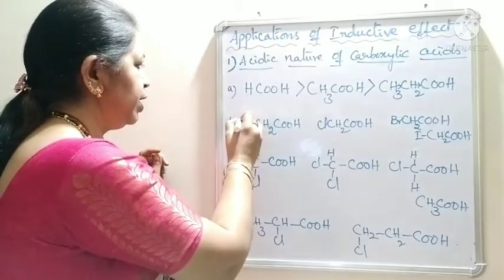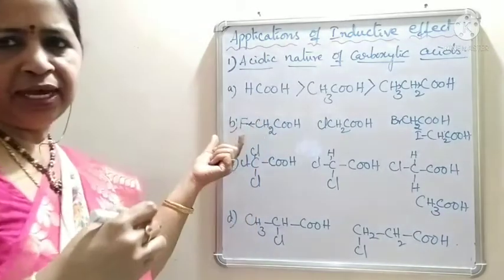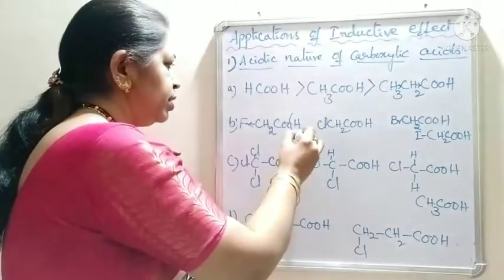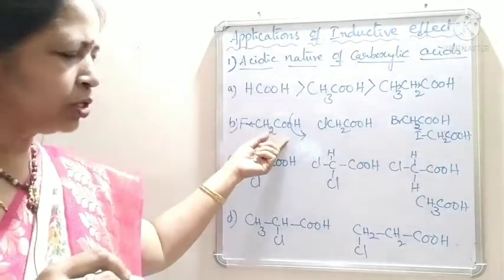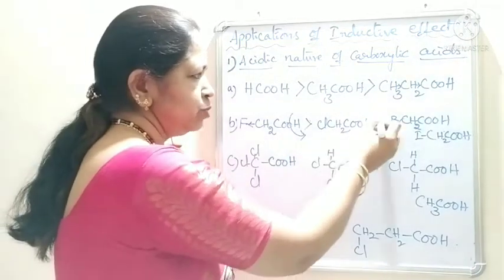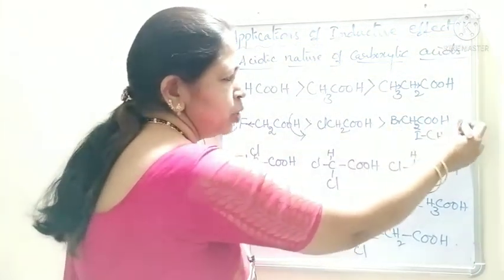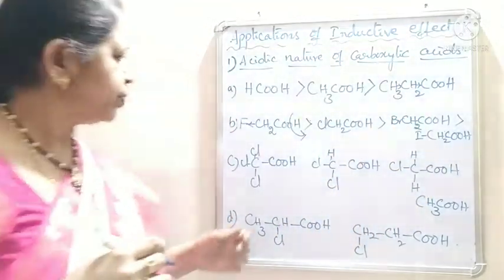Here fluorine will attract the electrons towards itself. So, this proton can be easily eliminated. Therefore, the alpha fluoroacetic acid is a stronger acid than alpha chloroacetic acid, which is stronger than alpha bromoacetic acid, which is stronger than alpha iodoacetic acid. Okay. Next,